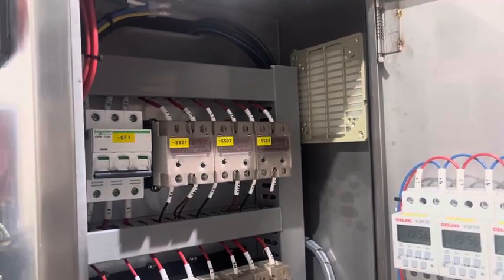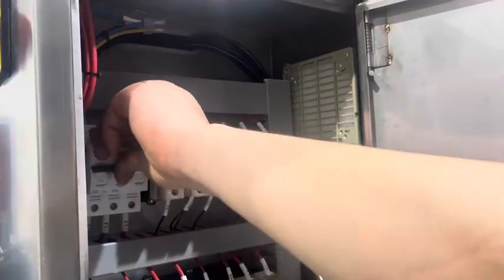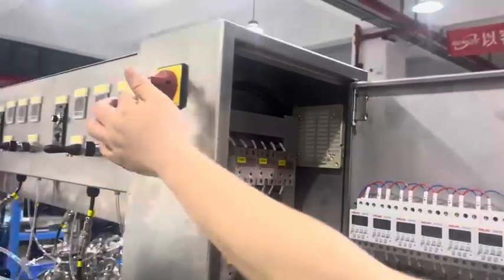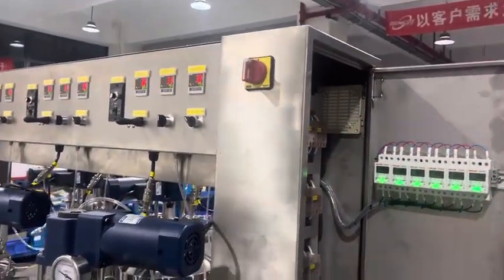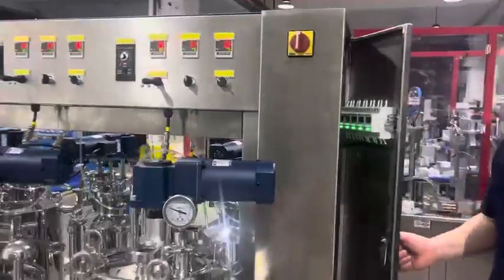First we turn on the switch, and then power on. OK, and then